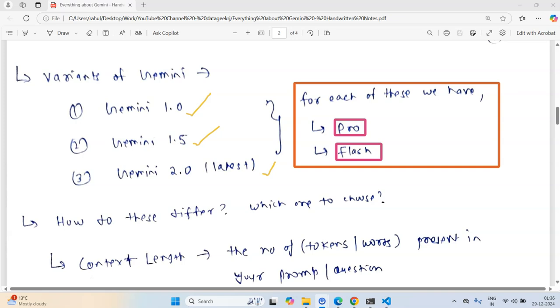But for some applications we want more accuracy. For that we have the Pro model. Now how do these variants differ from each other? To be able to answer that, we need to have knowledge of some key terms.